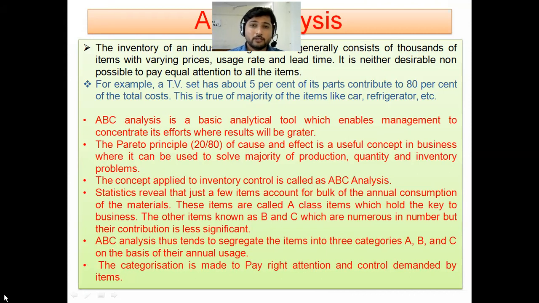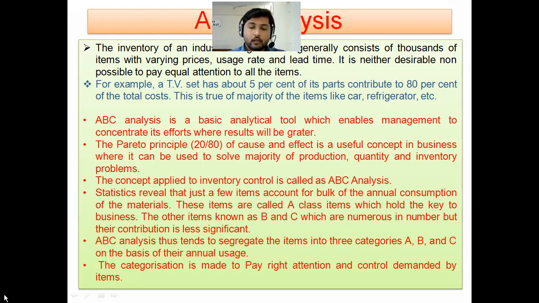But do you know that 5% of the components account for 80% of the price of that product? Let us consider a vehicle having 1,000 components. Out of that 1,000, only 10 to 15 components are like that. If that bike requires 1 lakh rupees to produce,